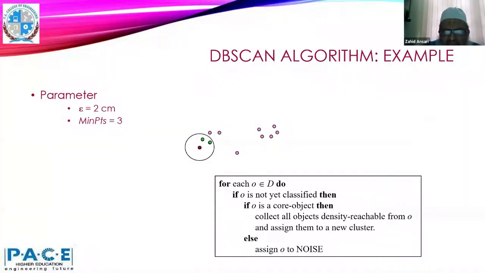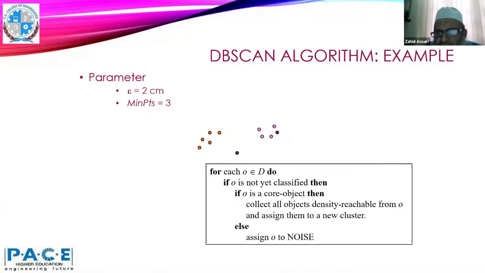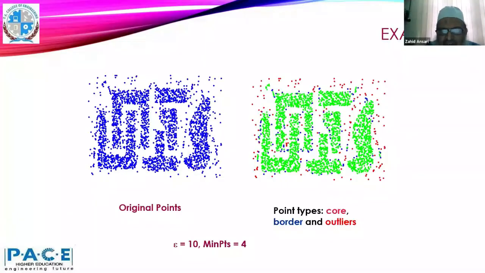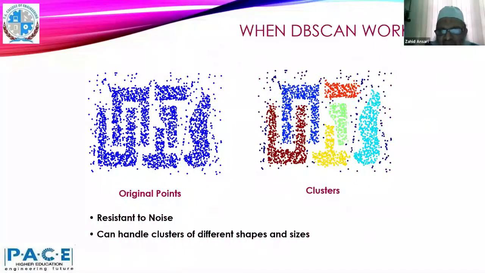So a little demonstration. We start from a point over here, then we go into its neighborhood, and we keep connecting them. So we got one cluster. This is one cluster. We got one point with no point in its neighborhood. It is an outlier. Then we started from the other point, we got its neighborhood, and we got another cluster. This way we can get clusters of arbitrary shape, clusters of different shapes over here.